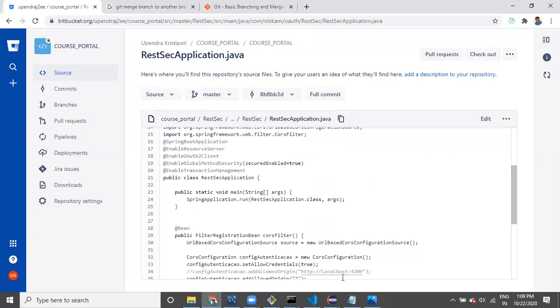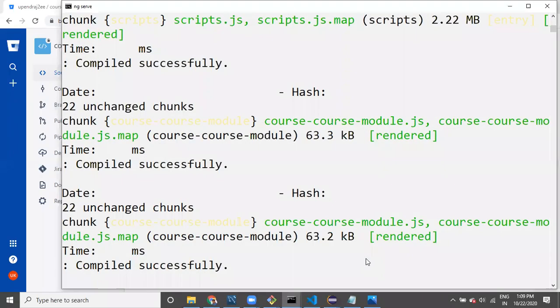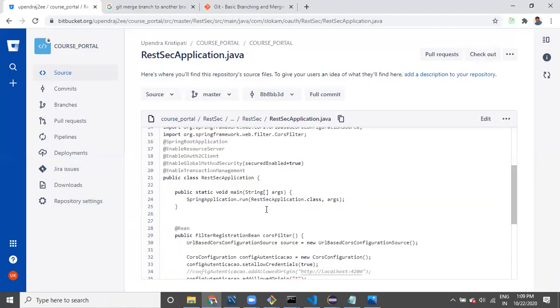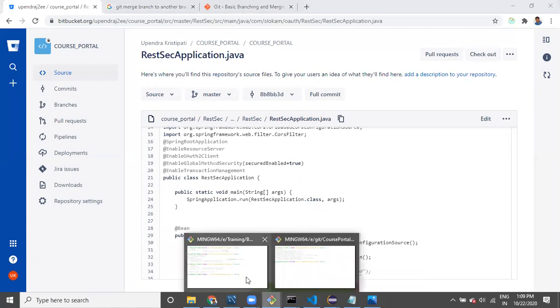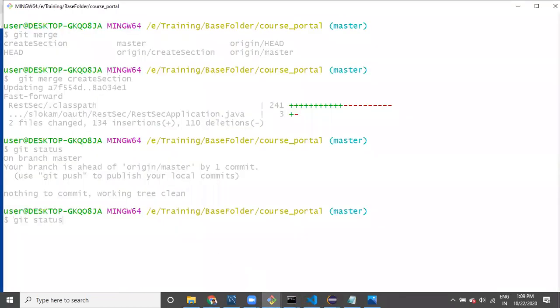Now, we have merged it, right? Whatever changes are here, those changes are not available here in the server. So we have merged locally. Then what you need to do, you have to push. You can use the push command, git push.